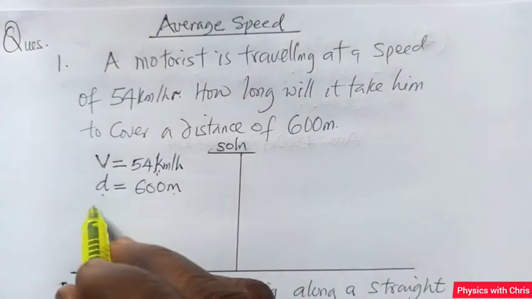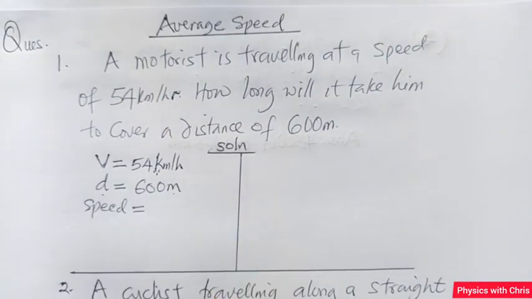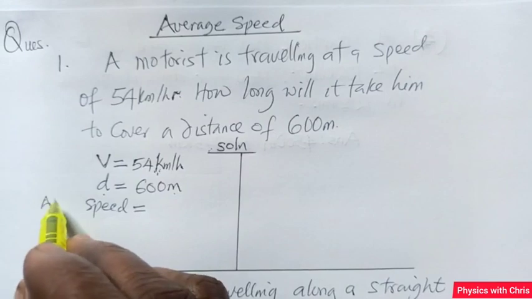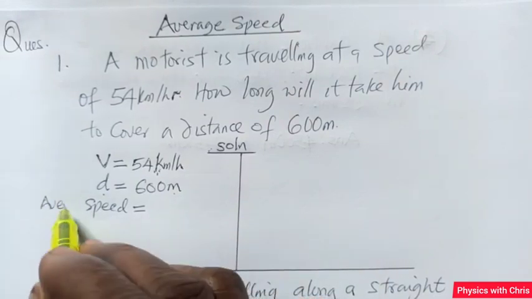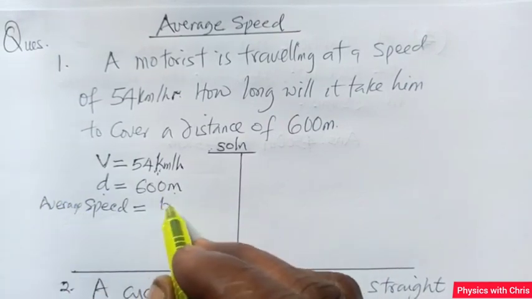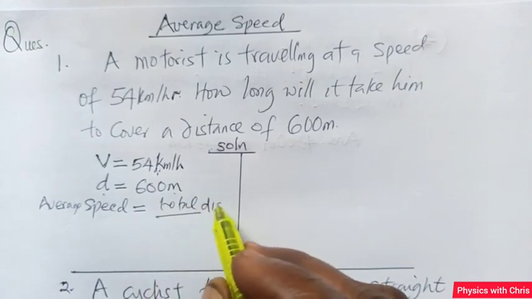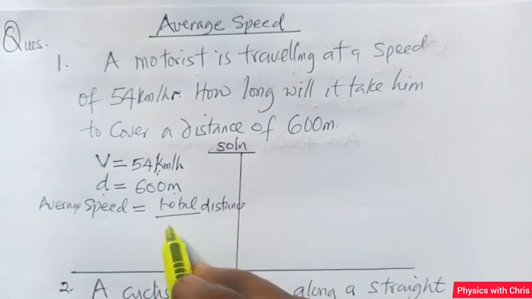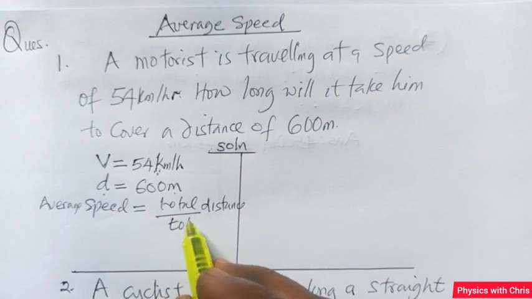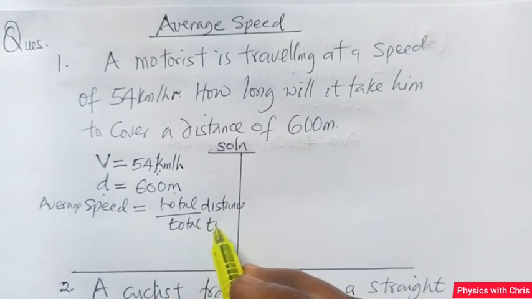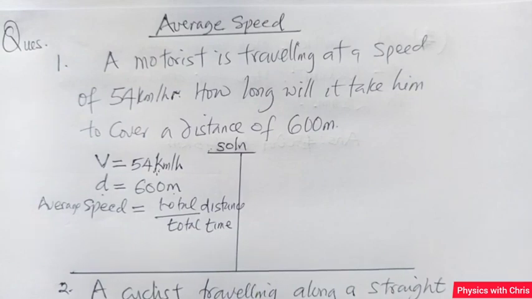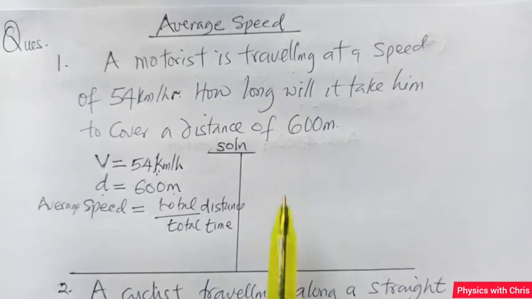So from the formula, the average speed of a body is given by the total distance traveled over total time taken. Total distance covered by the body over total time taken for the journey. So this is how we define average speed. So that 54 km per hour will be the average speed because the total distance covered was given as 600